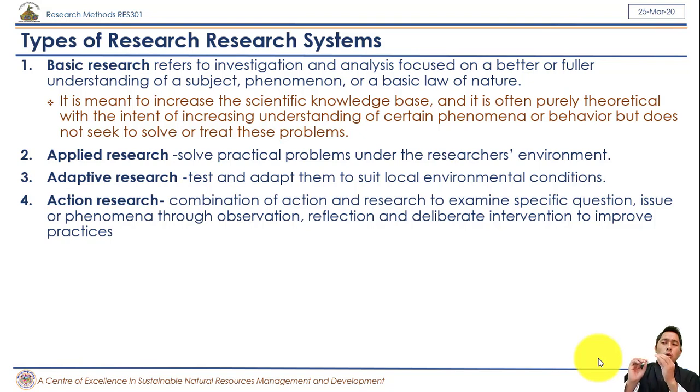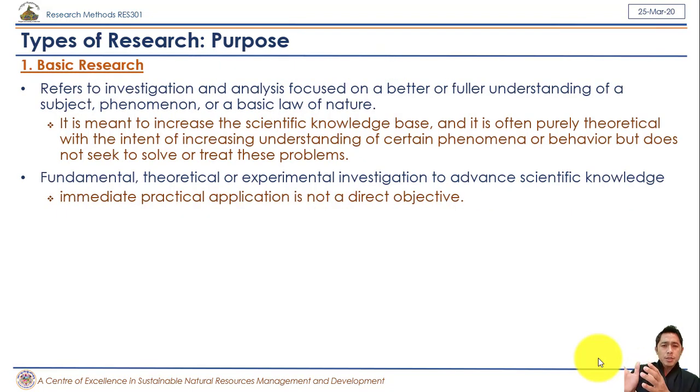If your purpose is to do action research, then this is the research type you're going to choose. Basic research is research that is done to generate basic information. Applied research is research that's mainly done to apply our research findings. Adaptive research is to adapt any kind of technology or methods that we want to perfectly match with our local environment. Let us see the research types one by one.